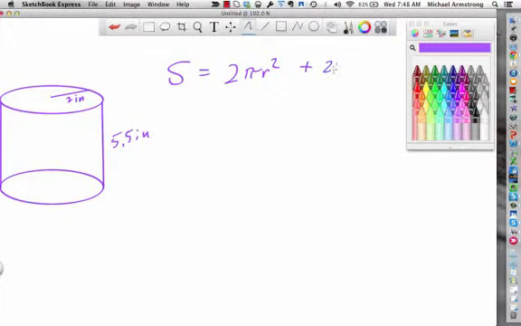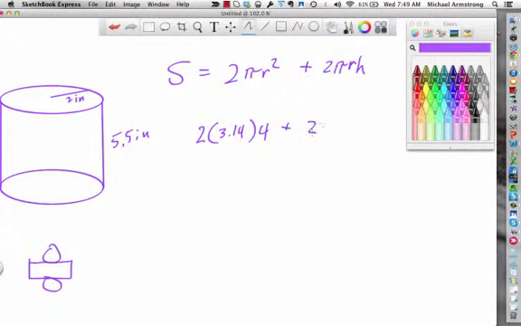the circumference of the circle is 2 pi r, which gives us the distance around, gives us the length of the rectangle times the height for the rectangle in the middle. We always have to remember that there's going to be a rectangle and a top and a bottom if we unpeel everything. Alright, so 2 pi r, so 2 times 3.14 times radius squared, which is going to be 4